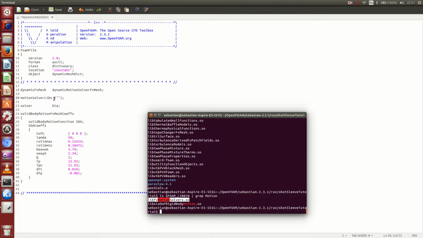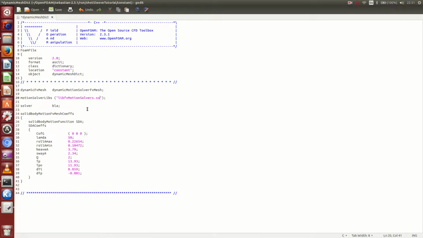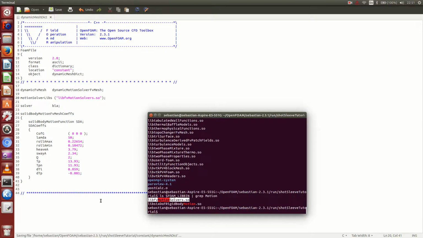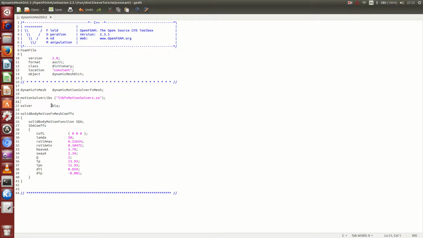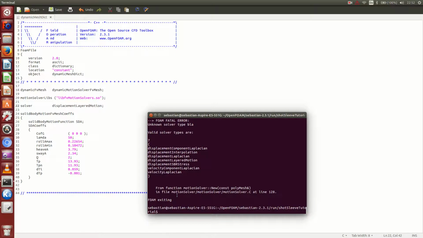Control Shift C copies it, so we can simply paste it into our dynamicMeshDict file. Save it. moveDynamicMesh one more time, and ta-da! It will now tell us which solver types are available. And for this tutorial I picked the displacementLayeredMotion. And in order to give us some